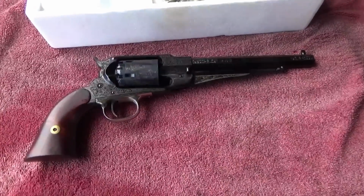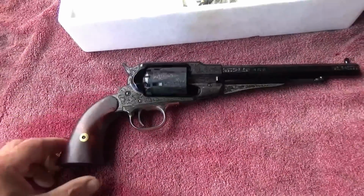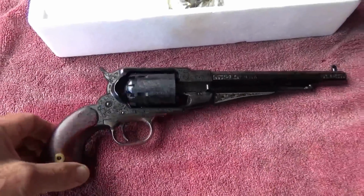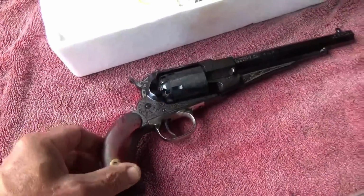Well, here's a gun we'll shoot today. It's a close copy of an 1858 Remington done by Pietta. This one is laser engraved. Really nice looking gun. I actually have a duplicate of this gun and one that was bought at the same